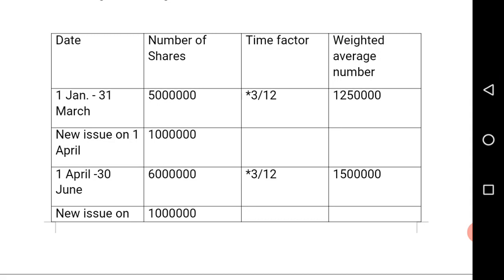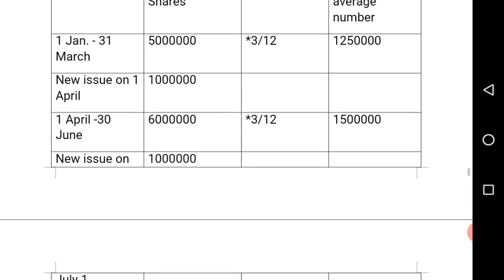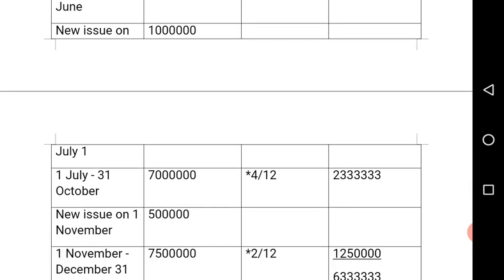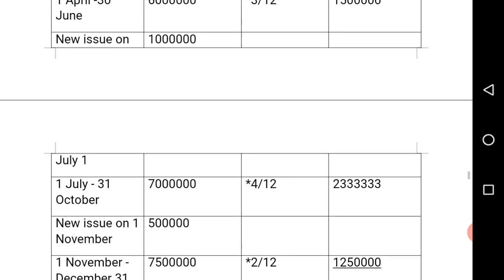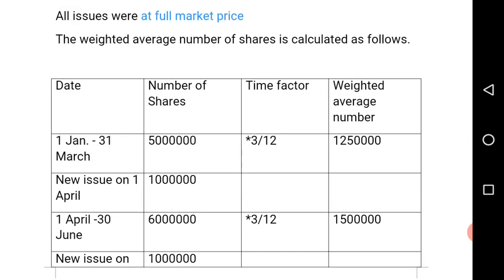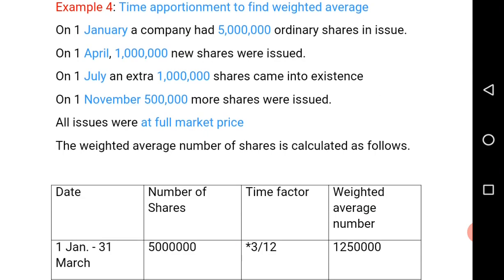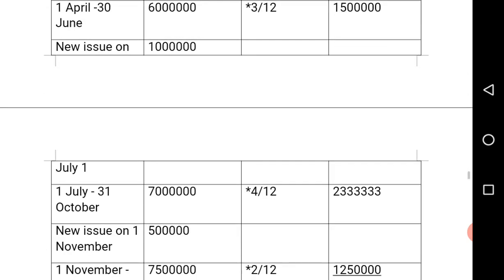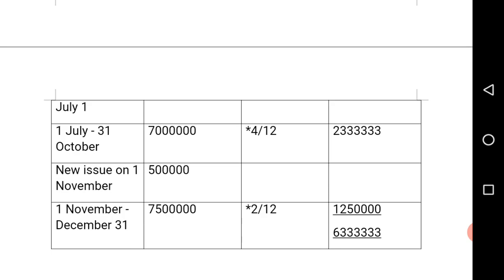Then the same process goes on for July's issue. We add 6 million plus 1 million, 7 million. July to October, 4 months. Rather than picking November, we pick the month before November, that's October. Then 4 months, we calculate 4 over 12 on 7 million, the total figure. We get 2.333, or 2,333,333. Then we add the 500,000 new shares, we have a total of 7.5 million total number of shares to